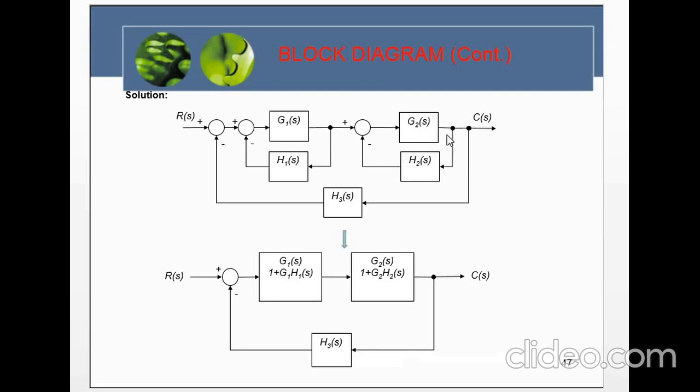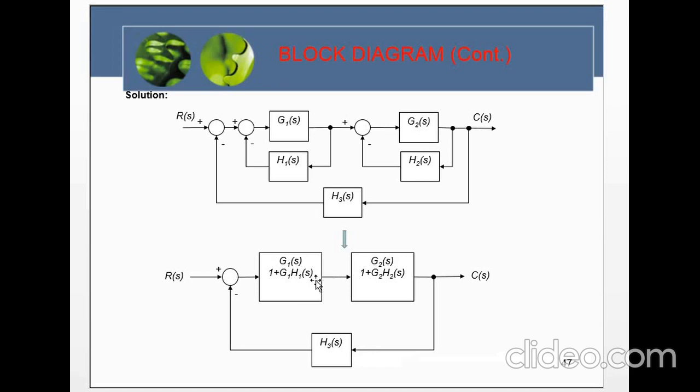Okay, and this loop becomes free too. Now we can determine this loop's transfer function, and how to determine the transfer function I have shown you previously. Then there is the transfer function for the second loop, and this result is the cascade,